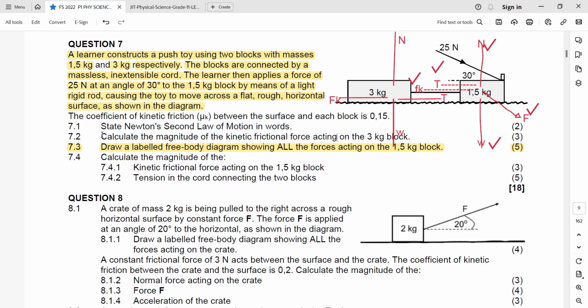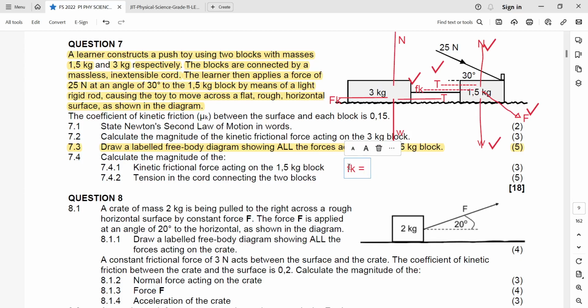7.2. Calculate the magnitude of the kinetic friction force acting on the 3 kg block. So kinetic friction means there is a movement. And don't forget the formula, which will lead us here, saying that the Fk